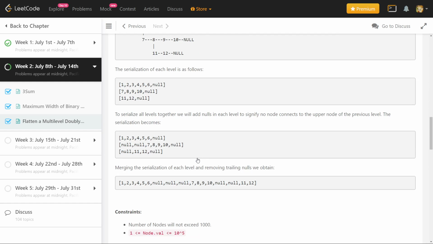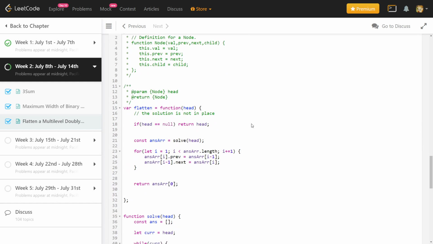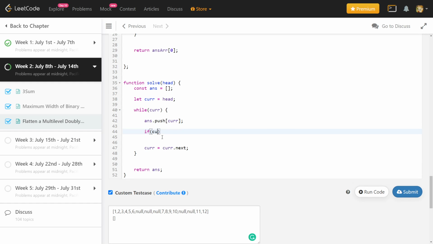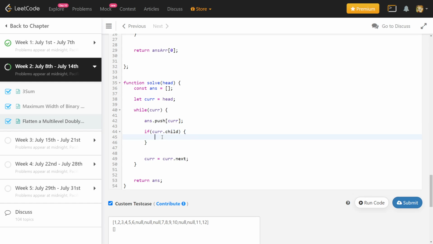So I check if current dot child, if current has a child, in your language it can be not equal to null.